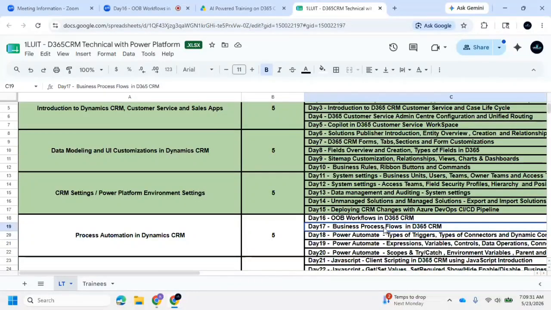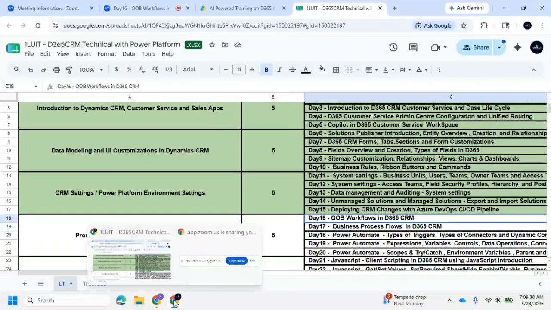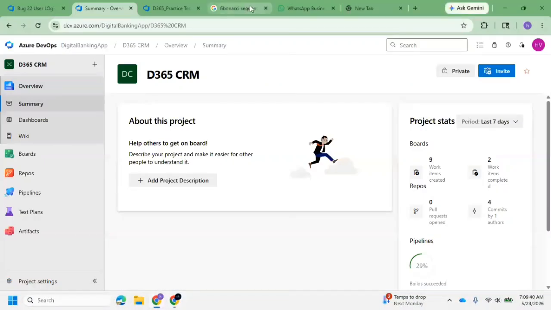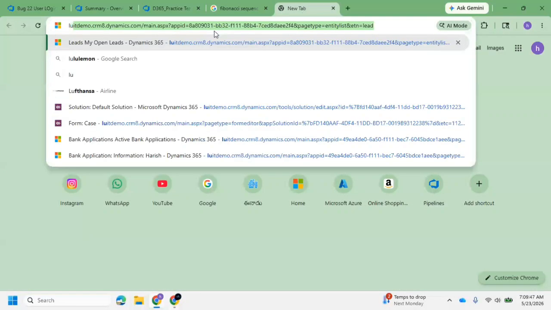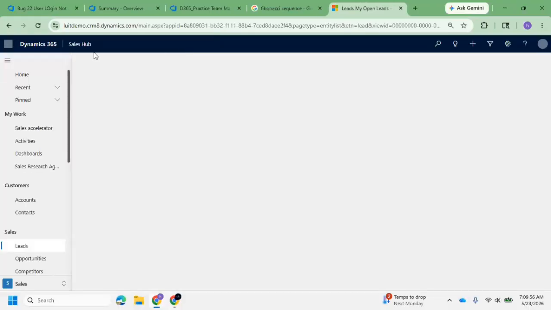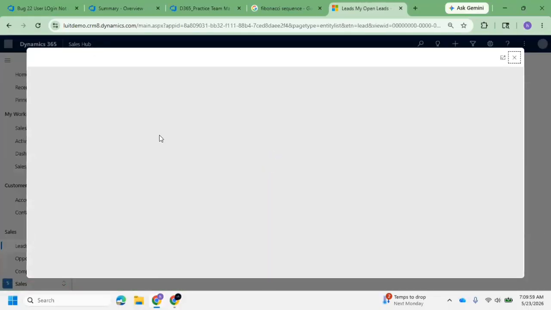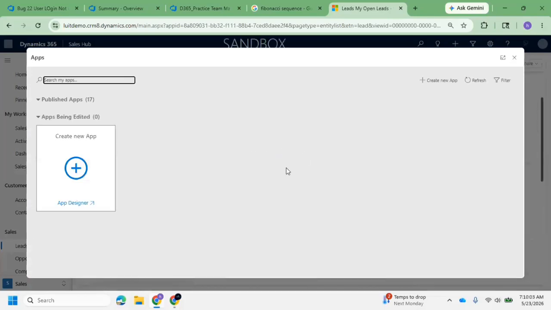The next thing is business process flows. Okay, today we are going to see about out of the box workflows. So in this out of the box workflows, what can we do? Everything we will see. Let me go to my CRM environment. So this is my dev environment, right? I've been using this environment from long back. Now let's go back to any one of our existing